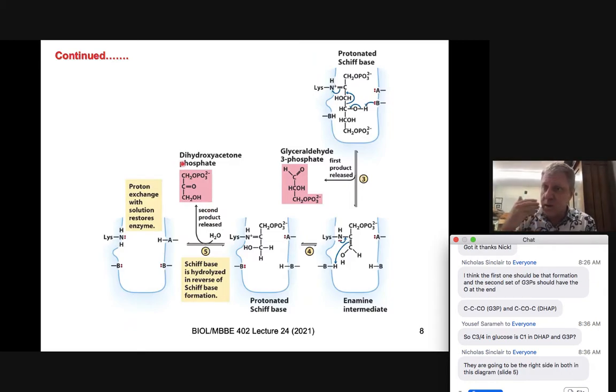So we see this sequential release, again, what we saw similarly in the chymotrypsin system that we used as an example, and then ideally the restoration of the enzyme cleft with the various base amino acids, the lysine being protonated, this particular amino acid having the protonation and ready to accept the next fructose 1,6-bisphosphate to come in